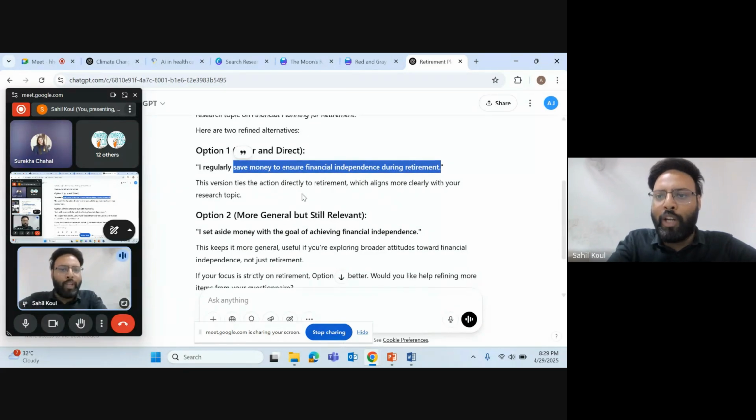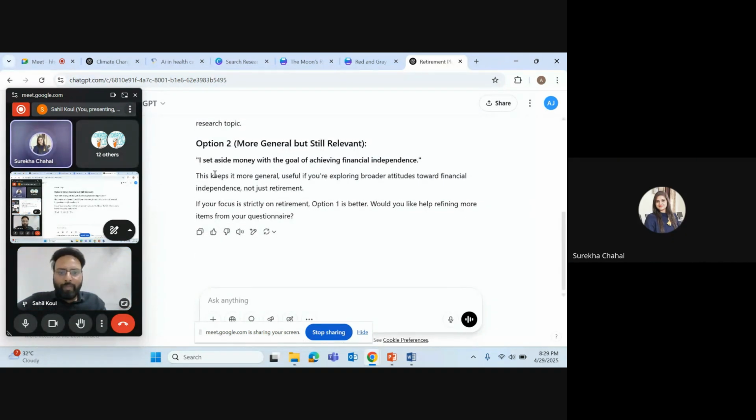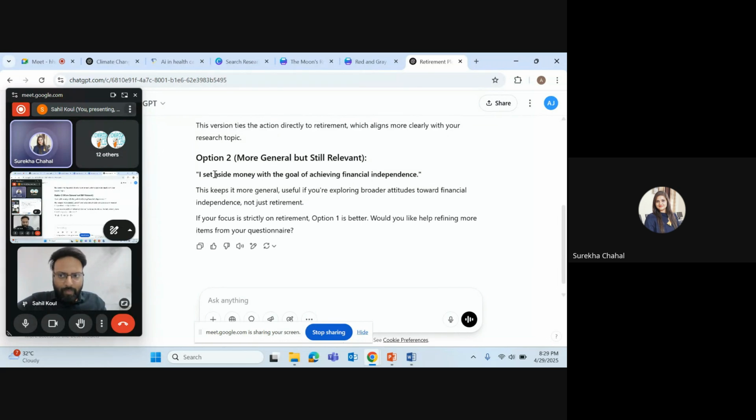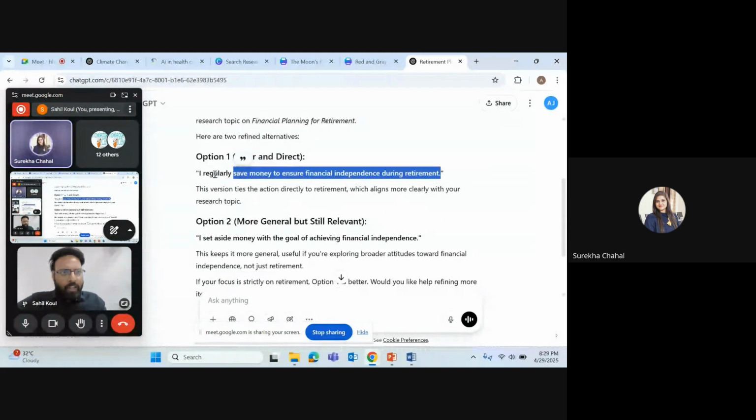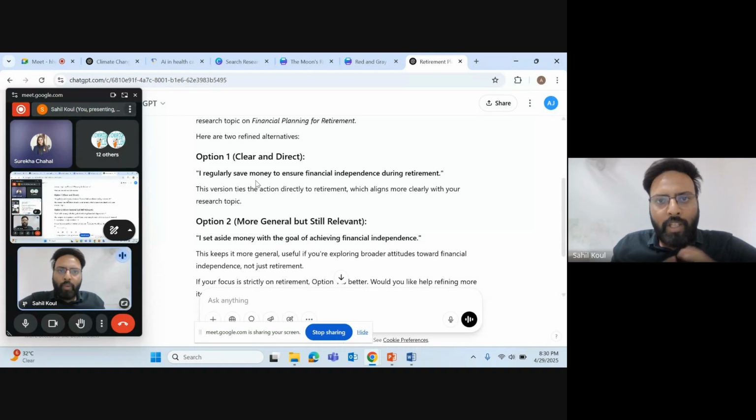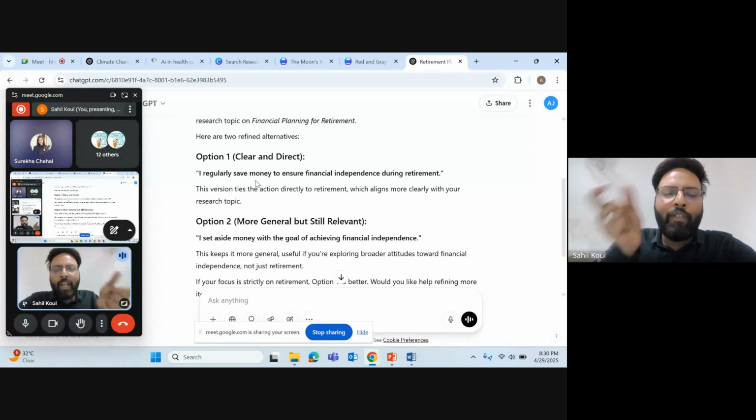Now see, you cannot depend entirely on ChatGPT. If you put this question, I regularly save, this will be a yes, no question. You have to be clear, would you save this money or not? Okay, sir. And sir, if they ask me from where you have this statement, then what will I say? Like sources, they will ask. When you are designing a questionnaire, nobody is going to ask you from where you have brought this question.